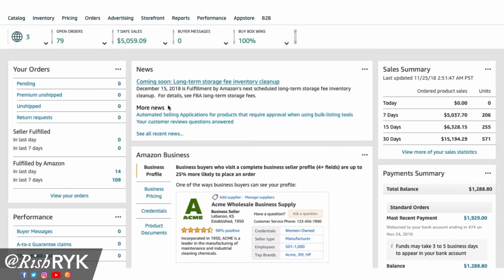Right guys, so as you can see, I am on my computer screen, inside my seller center dashboard, and just for the sake of fun, I've got 79 open orders, and yesterday I sold 71 units. That's been going amazing. That was about $1,600 in that one day, and most of my money was made while I was sleeping. This is so awesome, and I just cannot believe Amazon did this. It is absolutely wonderful and shocking at the same time.